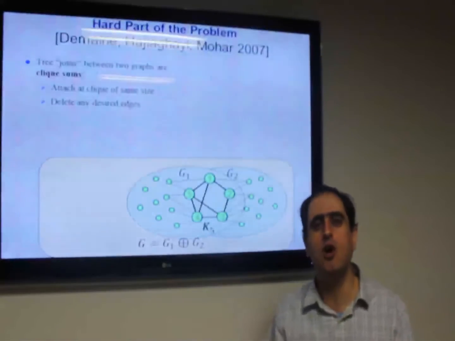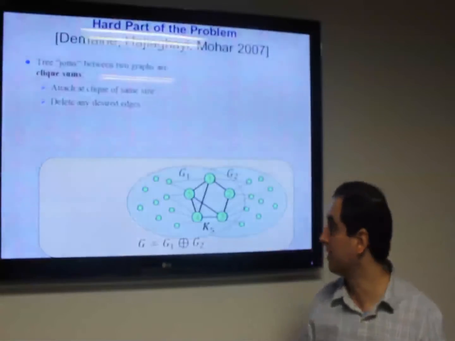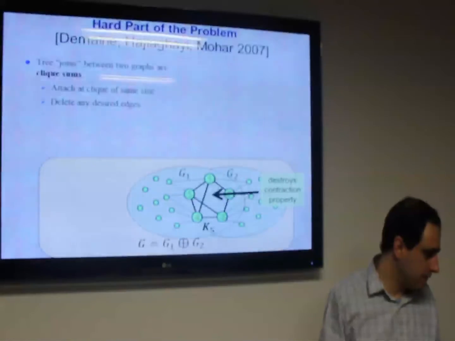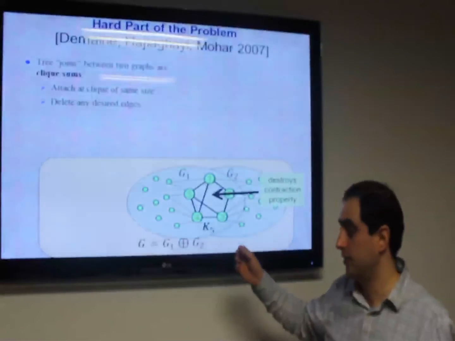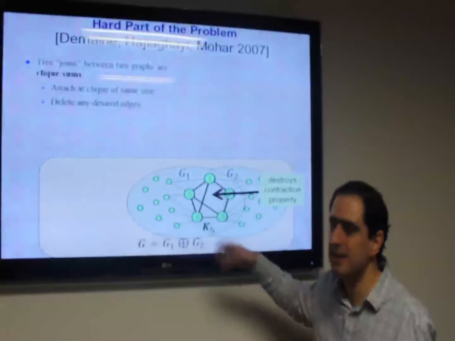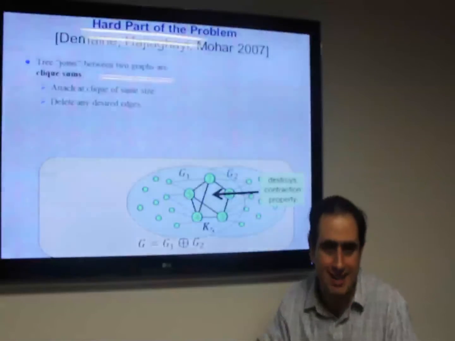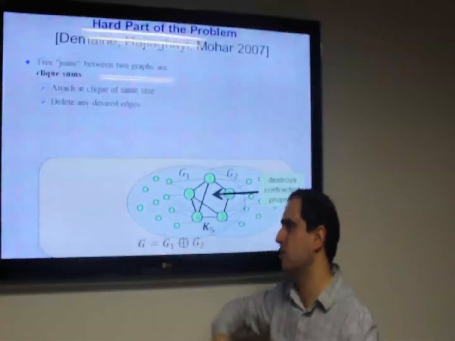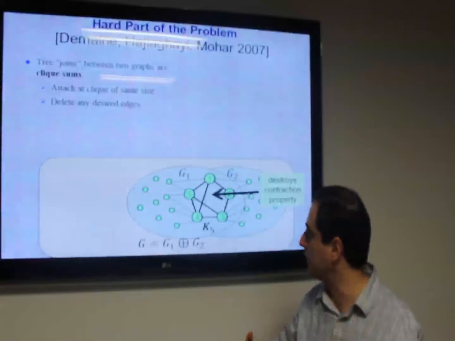However, in contraction, you are not allowed to do deletion. And that's the problem essentially that we have. So essentially, when you delete some edge, then this will be destroyed. You cannot contract this edge anymore. If you put it in one of these, essentially we try to construct inductively for